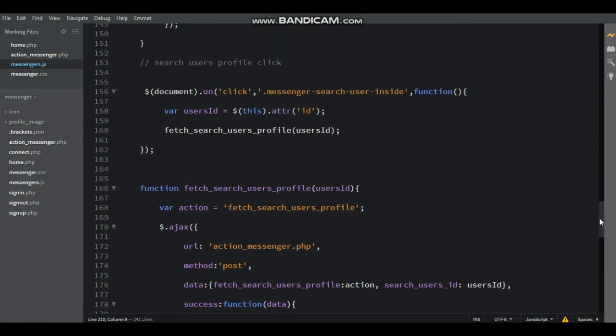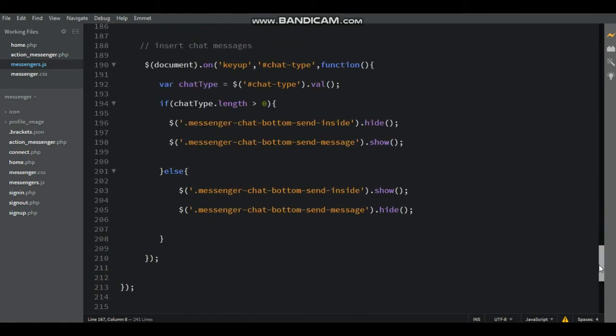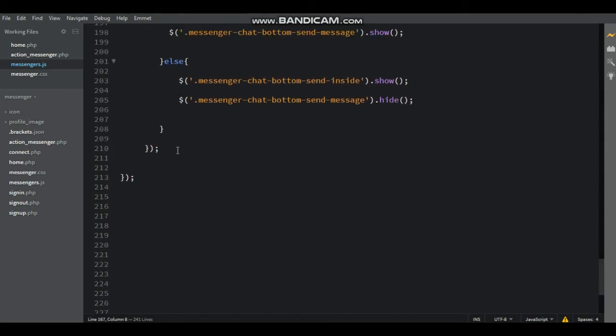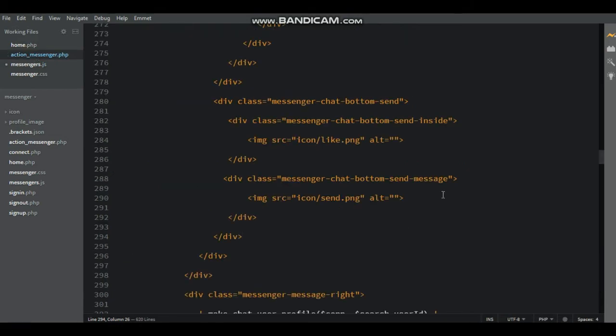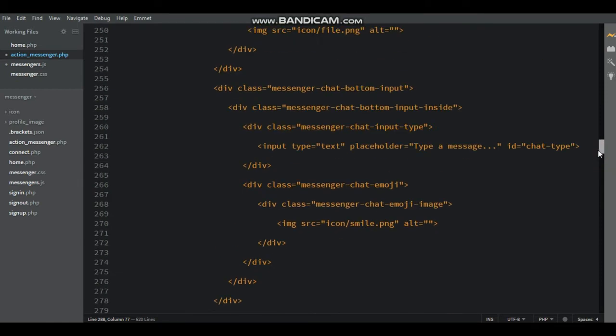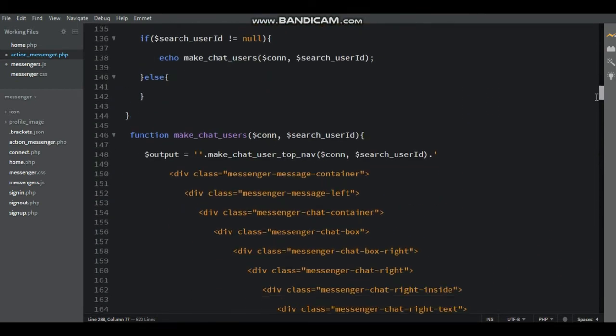Now go to the messengers.js file. Now just copy the document on click function, paste below the keyup function. Now here, just write inside the messenger chat bottom send messages and then id inside double quotes, inside single quotes, inside the concatenate.